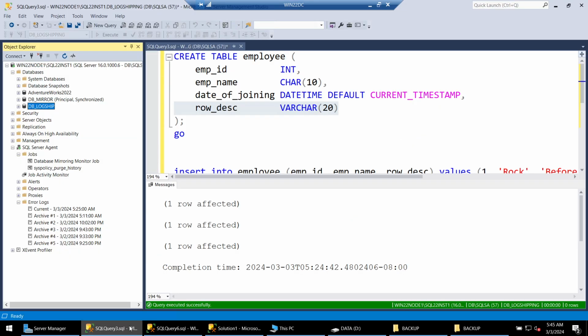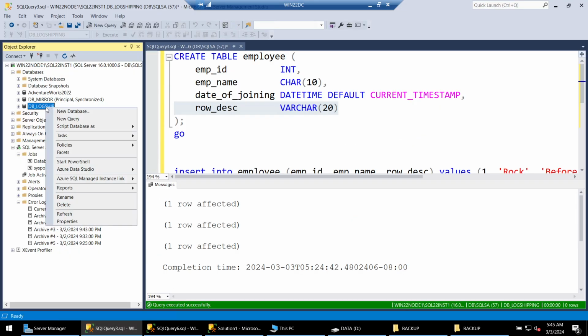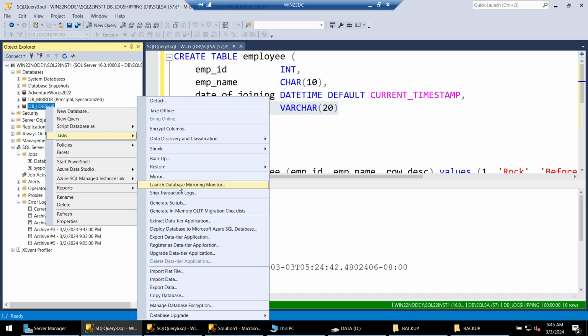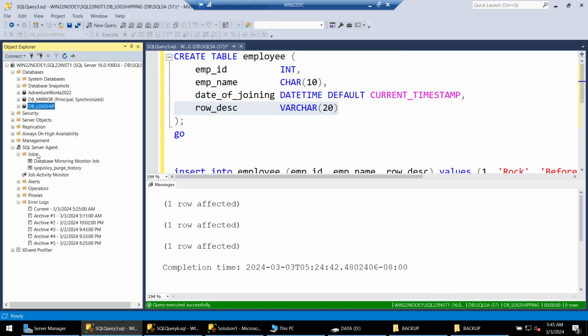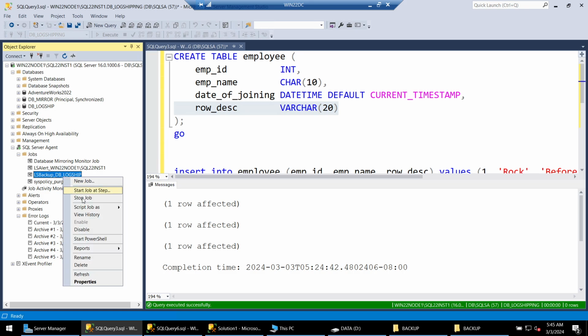And now if I go to the primary and if I say task and if I say ship transaction logs, you can see the second node is in the shipping. And here if I click on the refresh, you will see a couple of jobs. This is the backup job. This one will take every 15 seconds